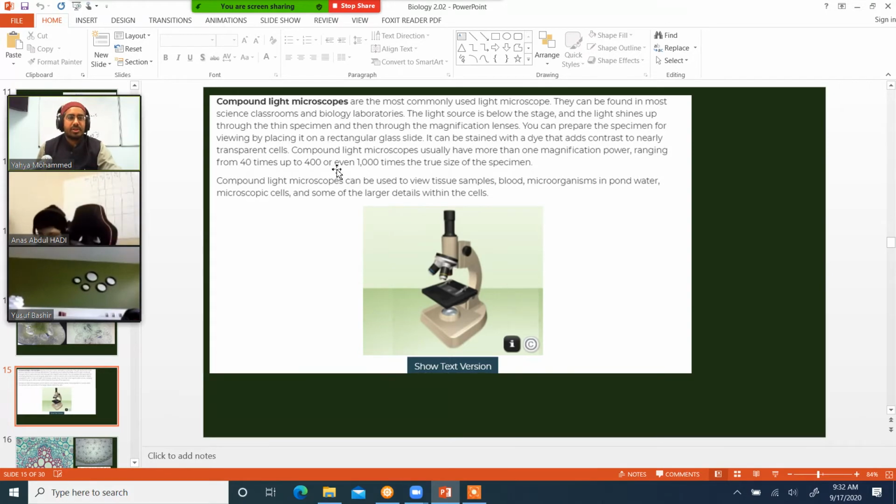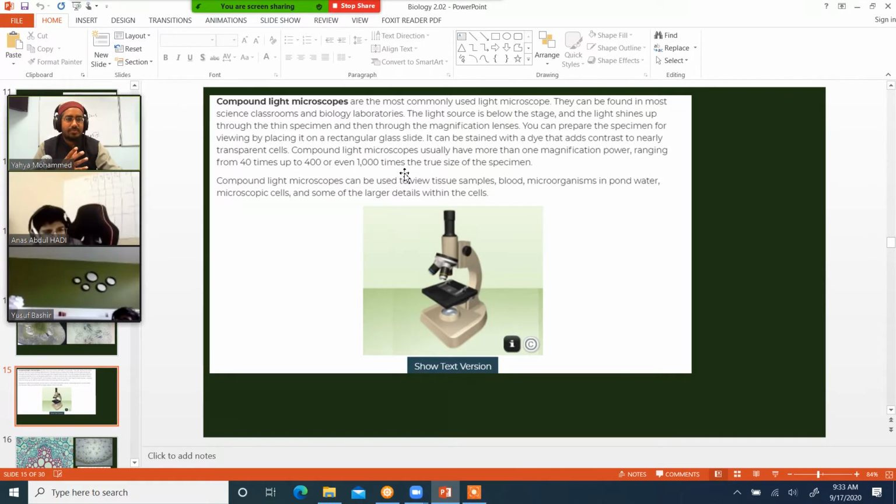In this case, remember, usually they go up to 400 or even 1,000 times. So this is basically about the maximum magnification that you can use with the light microscope. Beyond about 1,000, you can extend it. Some people try to extend it to like 1,200, but really beyond that, light is not useful. You cannot use a light microscope beyond that. You could make the picture bigger, but you're not going to have the detail.